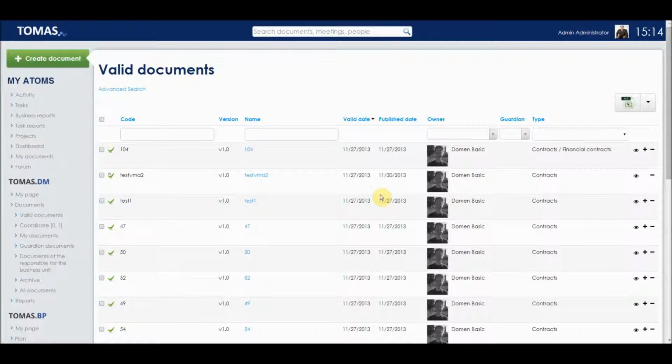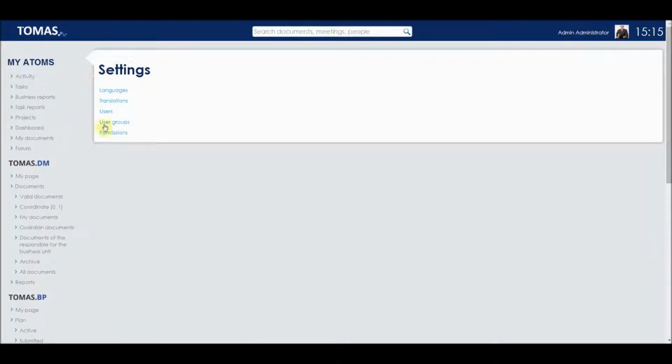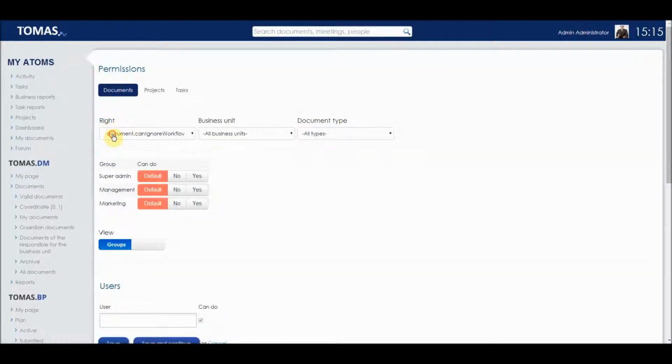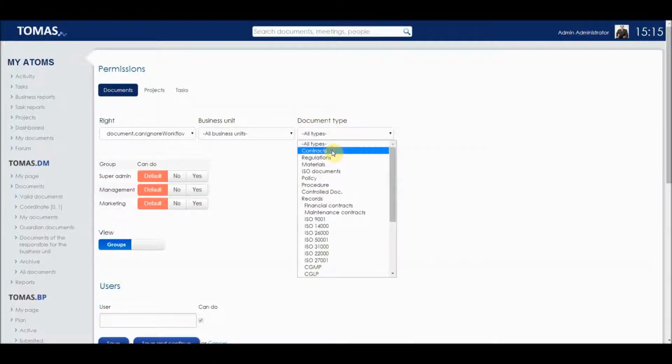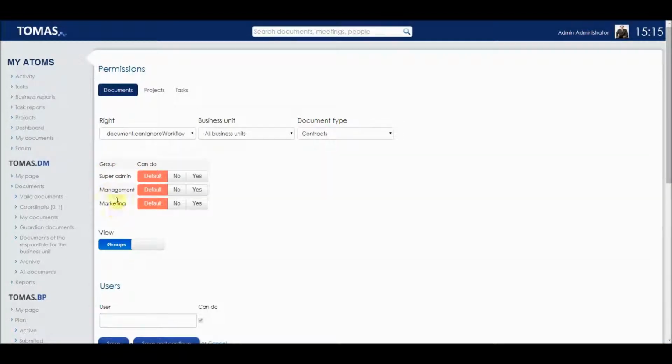Step 6 is about user rights and translations. We click on the picture next to the admin administrator, and in the drop-down menu we select Settings. Under the Settings we select Permissions, and now in the right field we select Document can ignore workflow, and in the document type we select Contract. Now here we can set which group can have permissions to this document. We select Yes next to Administrator, so admin can publish documents to contracts type and all types below without confirmations